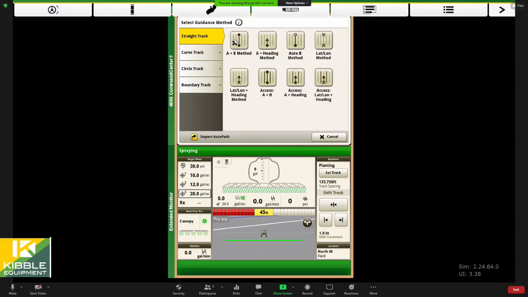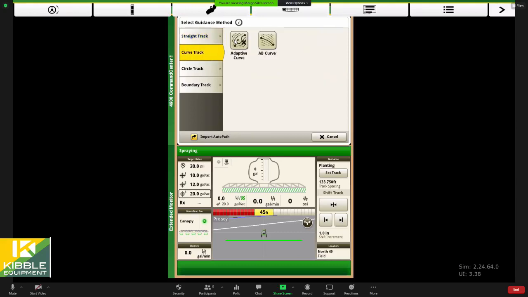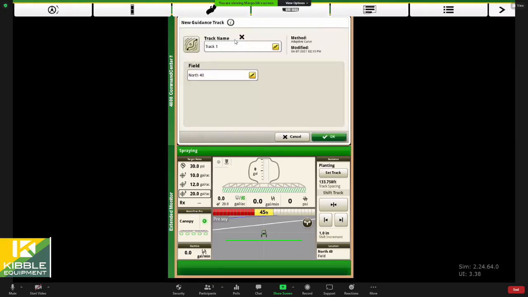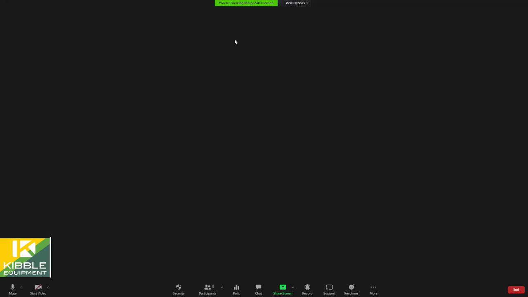if you're spraying the field and you need to go 2 times around with it. A lot of times we'll use adaptive curves because it basically doesn't care. It records your pass around the field. And then when you steer in to do your second pass around, that will just basically repeat that last pass that you did. So adaptive curves are nice for headlands and boundaries and recording that and getting that done. And then of course, when we start